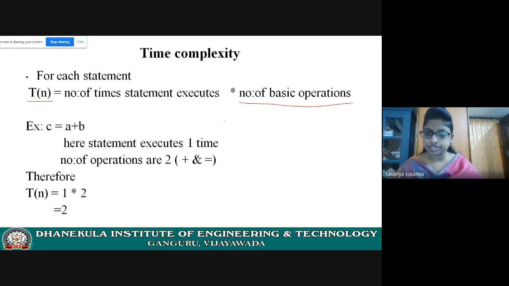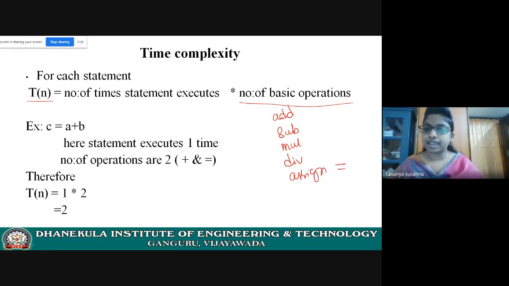Basic operations means, if in this statement there are any basic operations like subtraction, multiplication, division, assignment. Assignment means equal to.